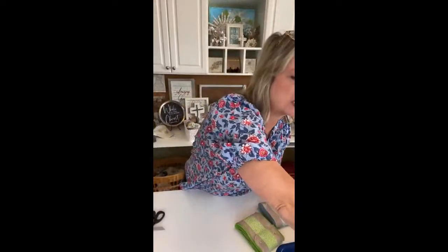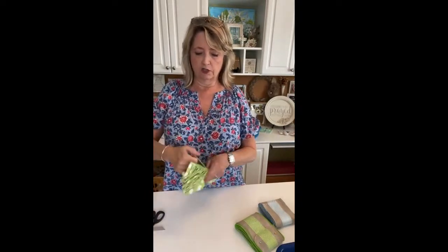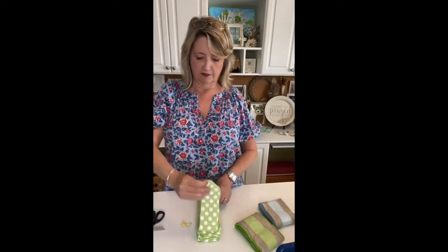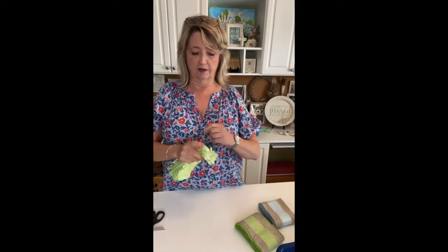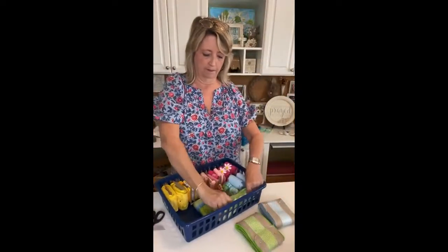Okay, so if you have a bunch of ribbon that's too big for the ribbon spools, and you could buy a large, but I think medium's the best size personally, then one thing you can do is you can just start folding it on itself like this. This is a lot of ribbon. And then you can just take a rubber band and rubber band that all together. And then I'm going to stick it in my little ribbon